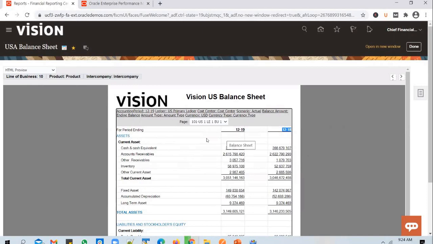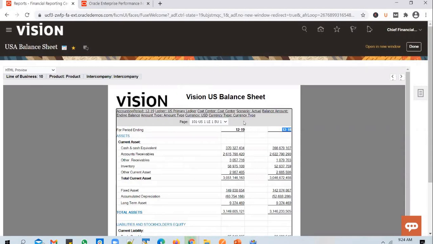Instead, you compare it with the same period in the past year or the past quarter. So whenever a company publishes quarterly results, it compares the performance of this quarter with the same quarter in the previous year. They don't compare it with the previous quarter, right?